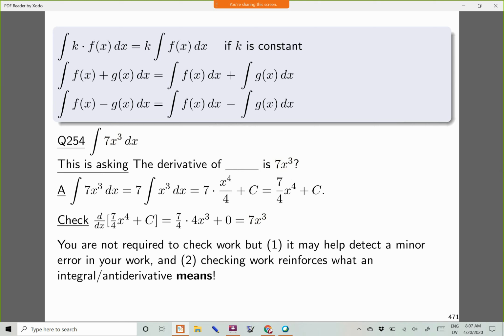And then, perhaps more importantly for right now, I would encourage you to check your work, because checking work reinforces what this integral or antiderivative means, right? If this is just a computation that's done without meaning, then it will lead to some problems for tomorrow and so on. So it would be a good idea to check as much as possible. What I'd like to do, unless there's questions on this, is keep the same 3 formulas at the top of the next problem, but let's look at it as another problem as a whole.